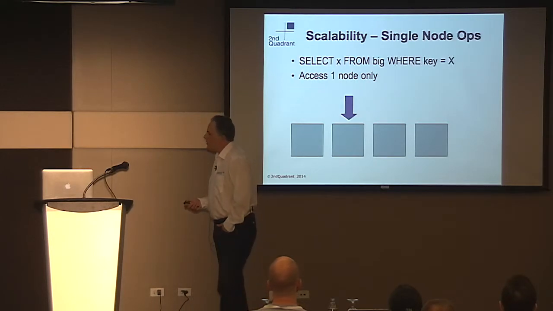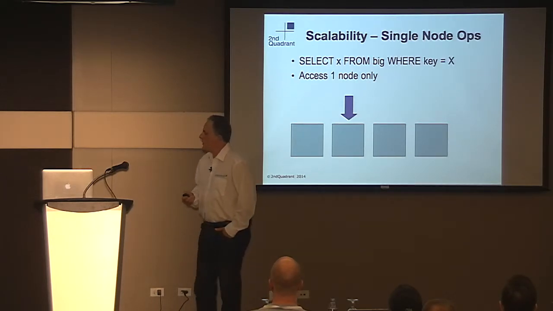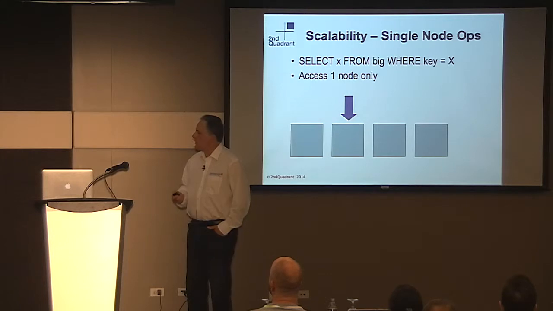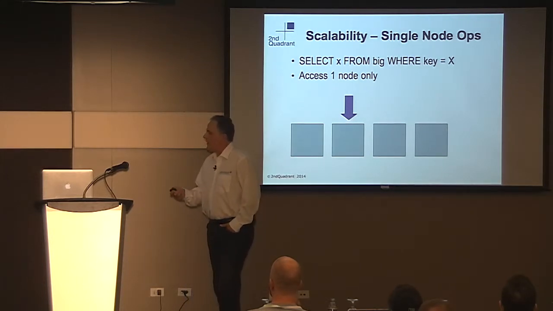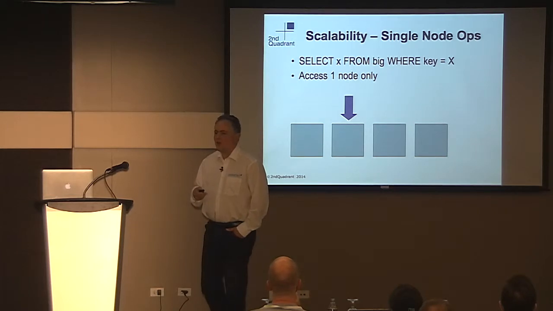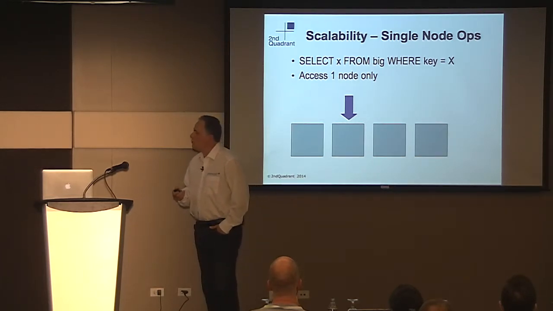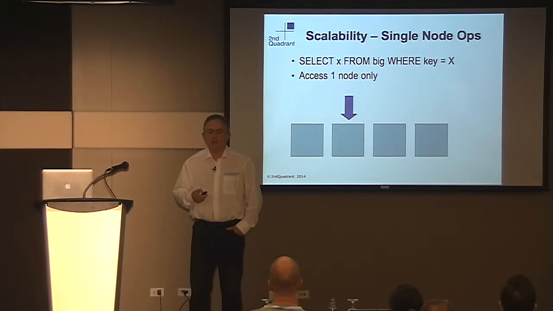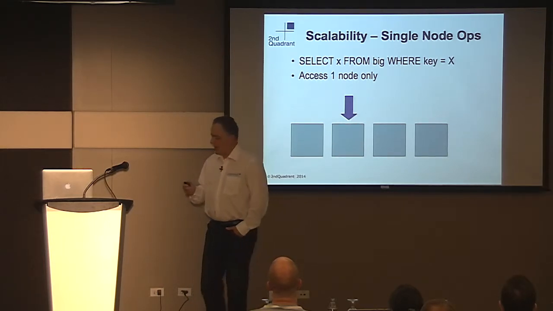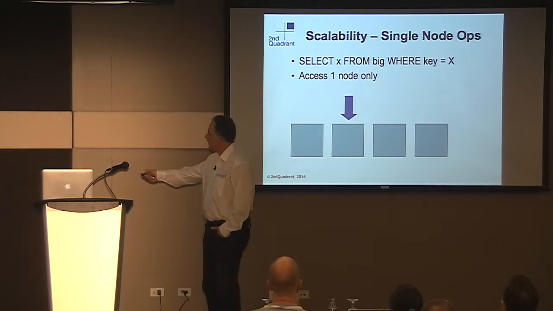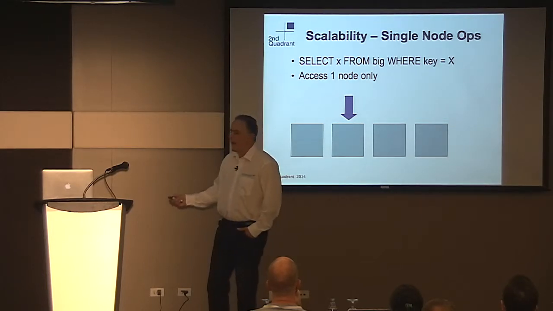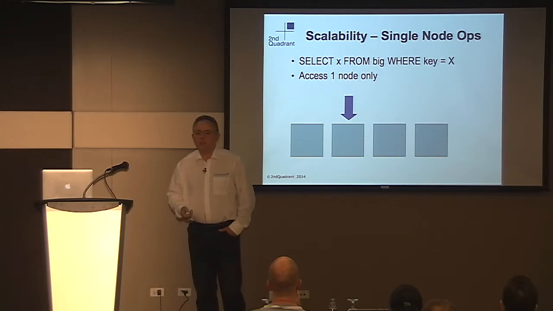Now, in that situation, you can see that if we've got a select statement that's fairly simple, along the lines of select something from a single table where the key is set to a particular known value, we can calculate which of the nodes that known value will be on and then we can make a single node request to retrieve the data. So in that particular case, and this is where I get to use my laser pointer, because it's an equality request, we can hash the value of x, and we can calculate which node it's on.